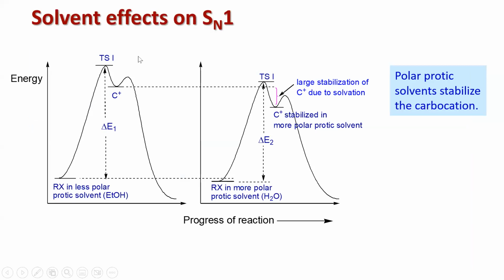Right? So here are two energy diagrams to show you the solvent effects on SN1. Earlier we considered polar protic and polar aprotic solvents for SN2. Now this is for SN1. So if you have the reaction taking place in a less polar protic solvent like this, for example ethanol, you can draw a diagram like this. When you compare it, the same reaction happening in a more polar protic solvent, for example water. When you compare ethanol and water, water is more polar than ethanol, right? So you will get a plot like this, where the